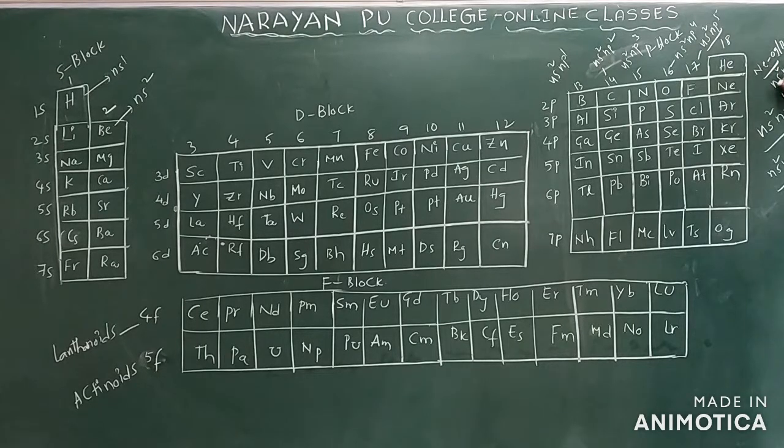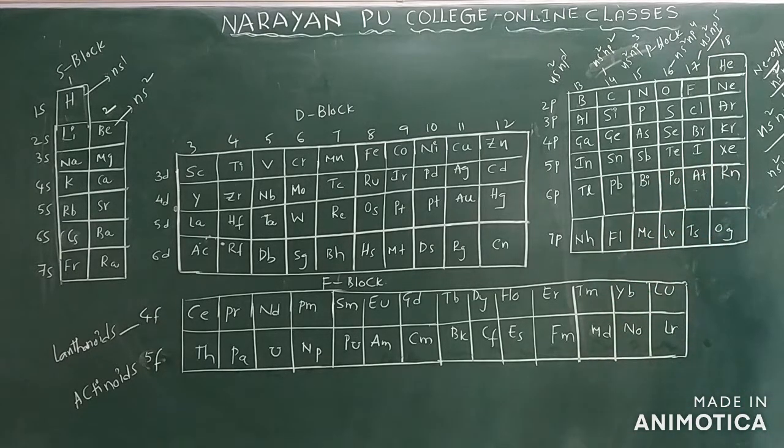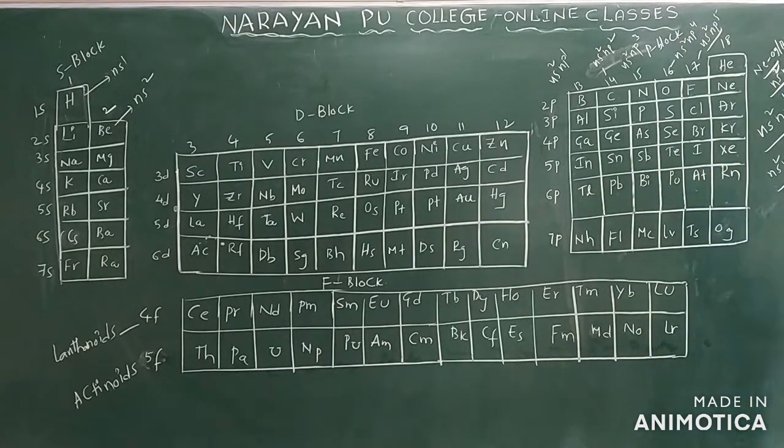ns2 np6 we have. So in all the noble gases, or you can say all the inert gases, except helium, the remaining elements have the general electronic configuration ns2 np6 only. So this is regarding which one? P block elements only. Helium belongs to P block, but it does not contain p electrons. To maintain the inertness, helium is kept in the inert gases table, or you can say noble gases group only.